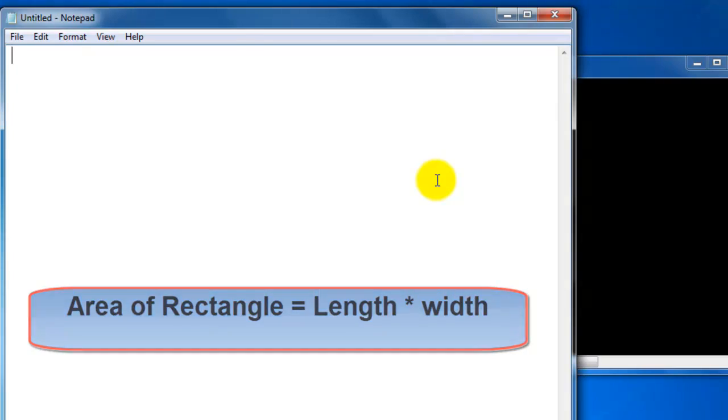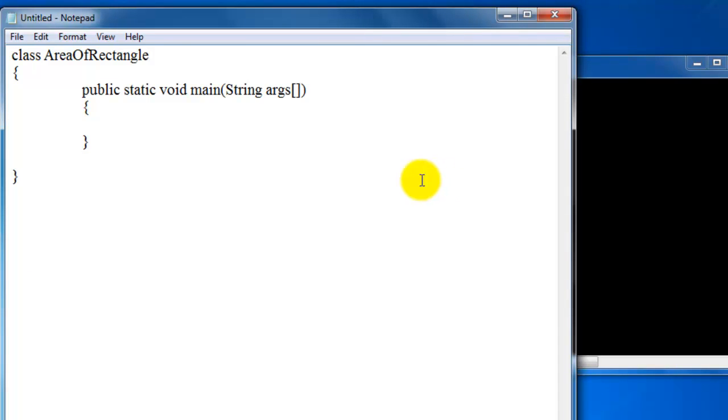So let's create a class with the name AreaOfRectangle and take a main method in this class. Take some variables of integer type, l for length, w for width, and a for area to store the area of the rectangle.